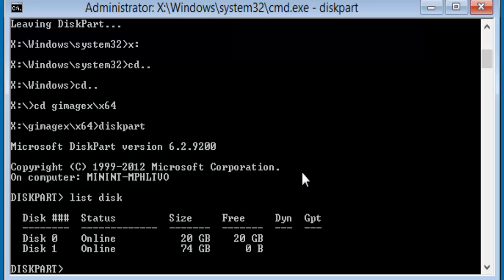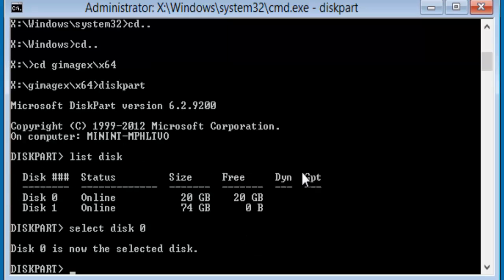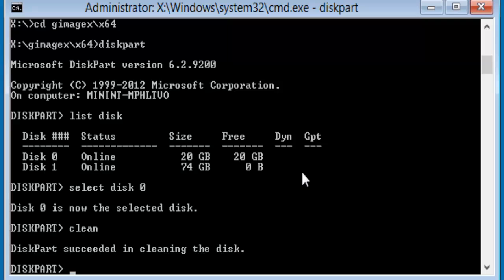So we're going to go ahead and do a select disk 0. Hit enter. Once it's selected, we're going to go ahead and type in the following command: clean, and then hit enter. What this does is it gets rid of all the partitions on the main hard drive. So once we do that, we're going to go ahead and do a create